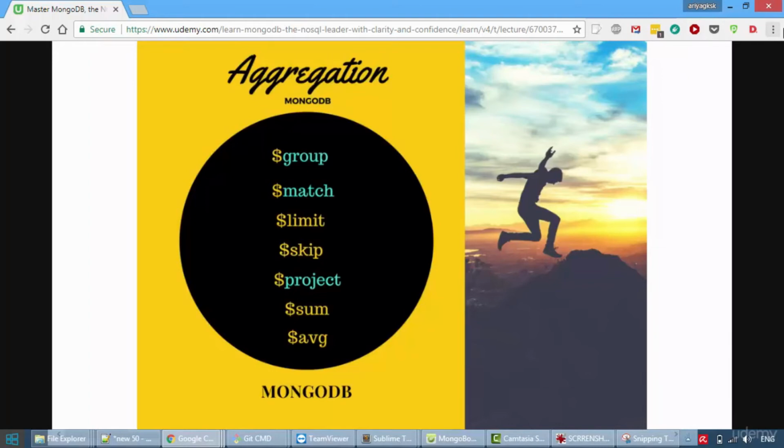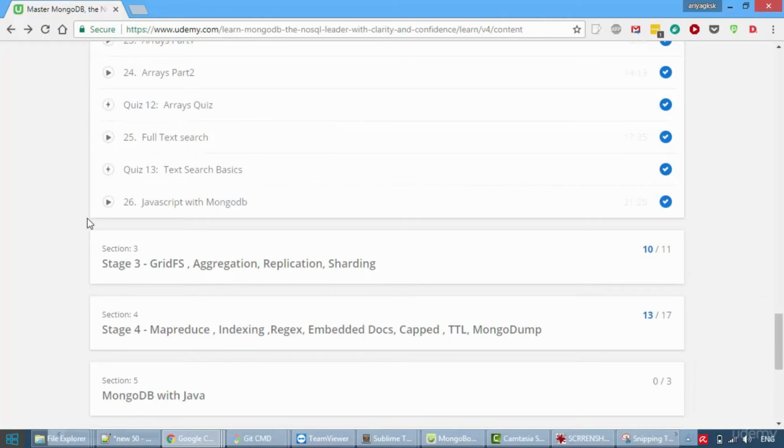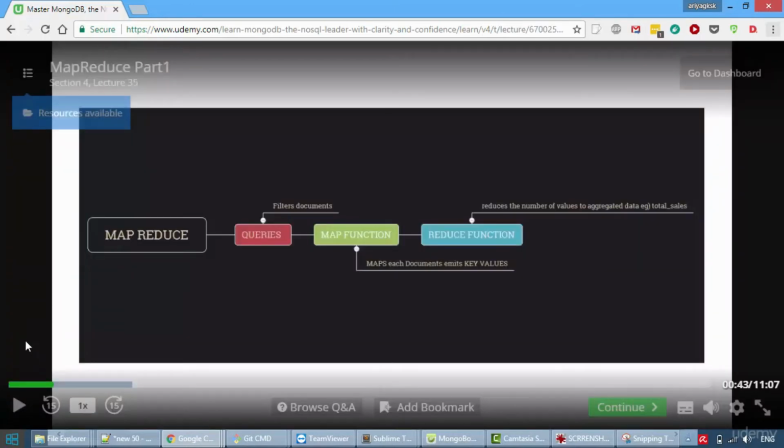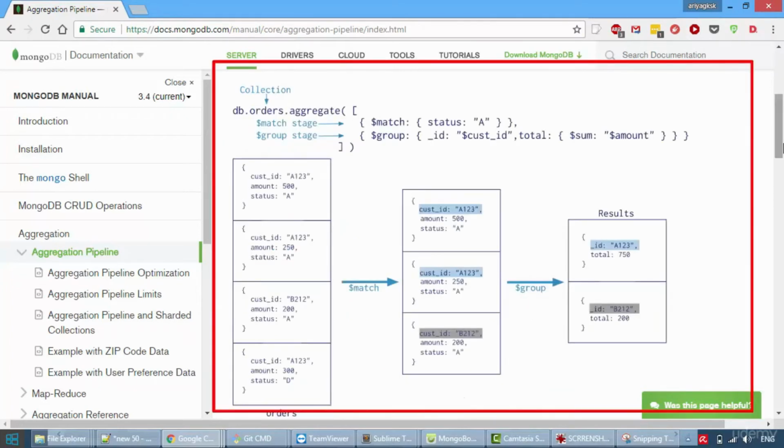For example, you want to get the sales total in a particular region for a particular product, you'll be using the aggregation. In other big data systems, we'll be using the MapReduce framework and you'll be writing your own code. For example, in Hadoop, you have to use the MapReduce framework and you have to write your code. Whereas MongoDB provides you with the aggregation framework where you can use the operators and methods available to do that very easily. If you see this documentation page with this example, you can easily understand how this is happening.